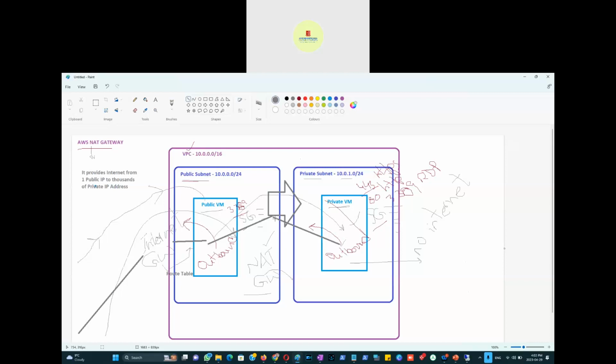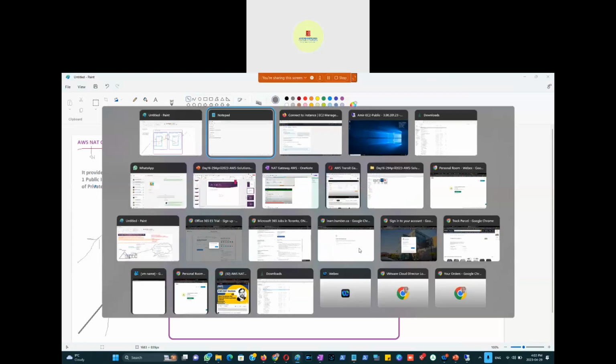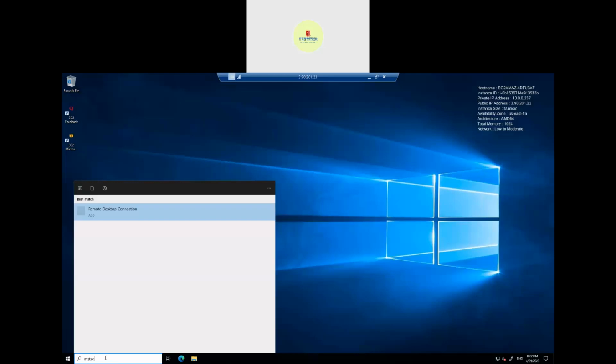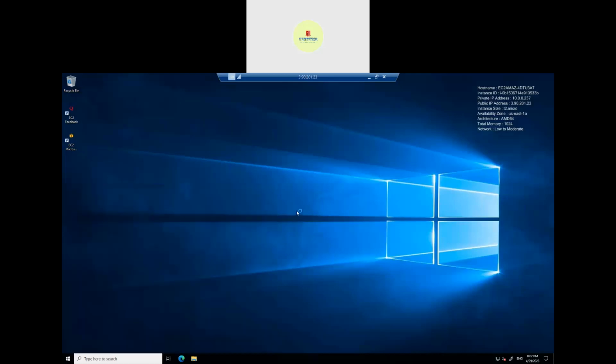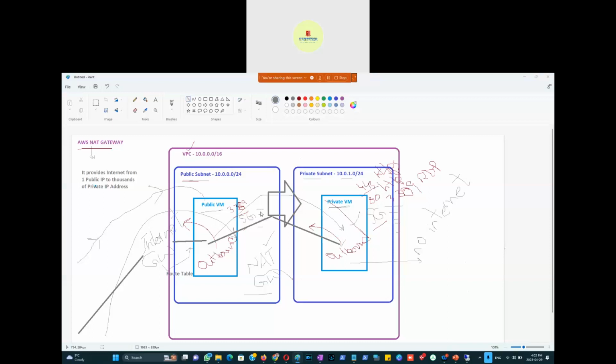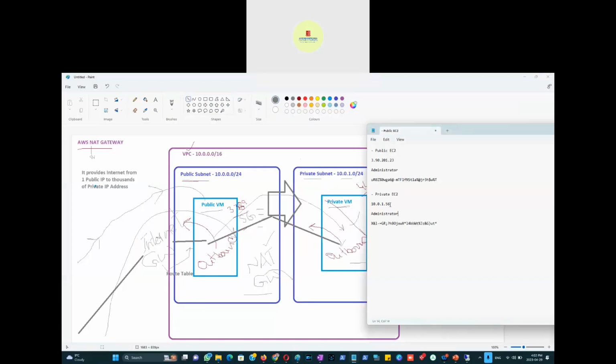So I'll go to the VM and just initiate that connection, remote desktop connection. It's supposed to be working. I'll go there, and there's a remote desktop window that I need to open. MSTSC, Microsoft Terminal Services Console. When you type that, or just simply type remote here, it will connect. Open that again. The remote desktop connection is asking for an IP, which is this